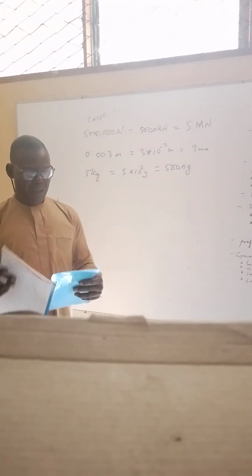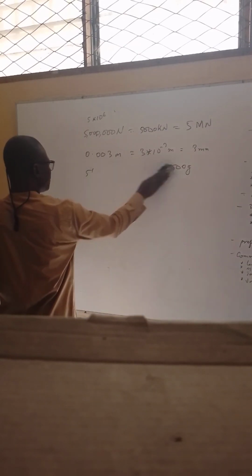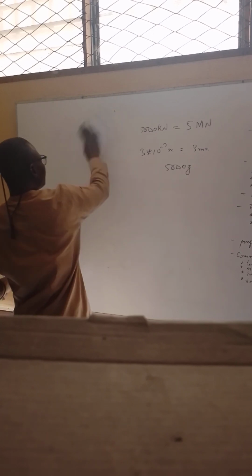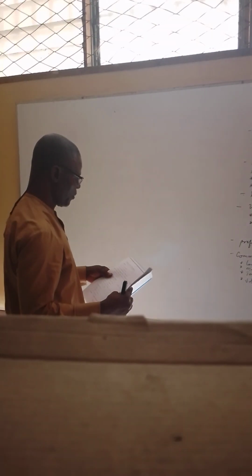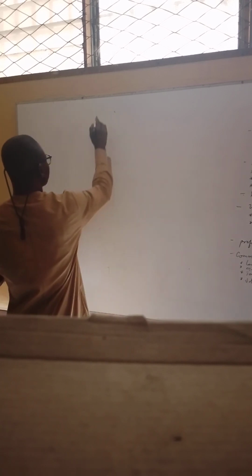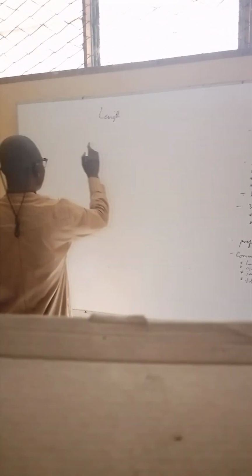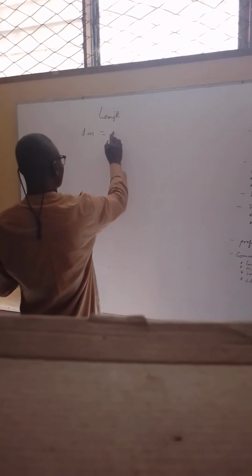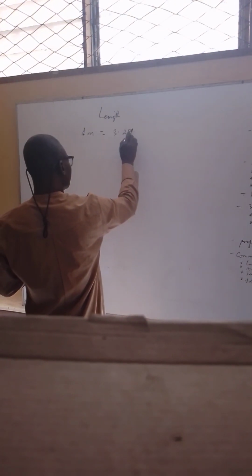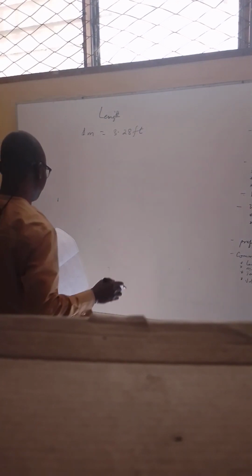Sometimes when you do this, some people get confused. So there is a conversion rate. How do you convert from one unit to the other? So we look at a few examples. We're dealing with length. Let's take, for instance, length first. If you have a length of 1 meter, the length of 1 meter is equal to 3.28 feet. That is, 1 meter is equal to 3.28 feet.